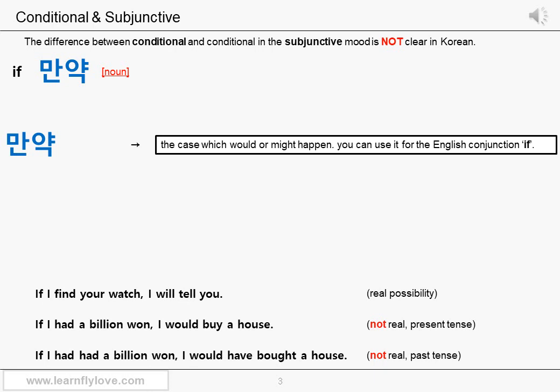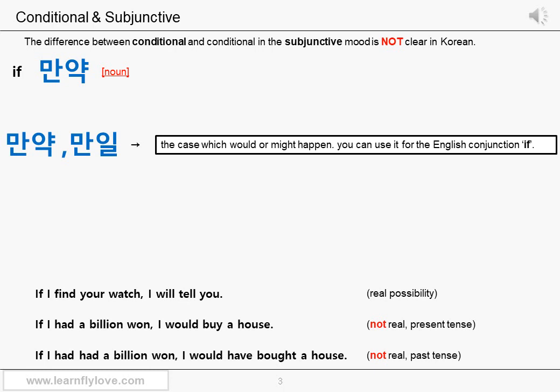There's one more noun which has exactly the same meaning that the noun 만약 has. It's 만일. Just one letter difference, so it's easy to remember. I would use 만약 to mean if, though. And I would use 만일 when I actually use it as a noun. But you can use either of them. It's your choice. The strange thing is, in Korean, you can omit this noun, 만약, when you make conditional sentences.